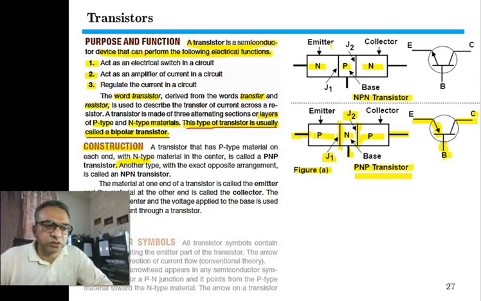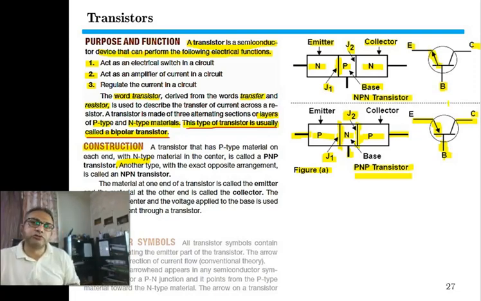This transistor also has an emitter, a collector, and a base. This transistor also has two junctions called J1 and J2. And the symbolic representation is that it has three terminals: the emitter, the collector, and the base. And the representation of it being an NPN transistor is an outgoing arrow, as shown over here. So this outgoing arrow represents that this transistor is an NPN transistor.